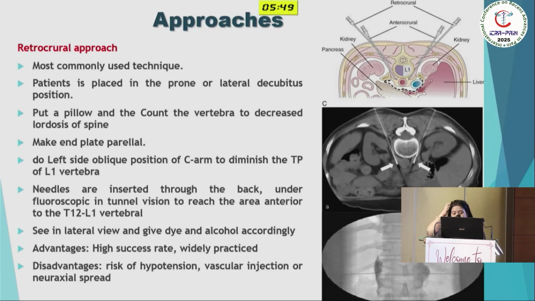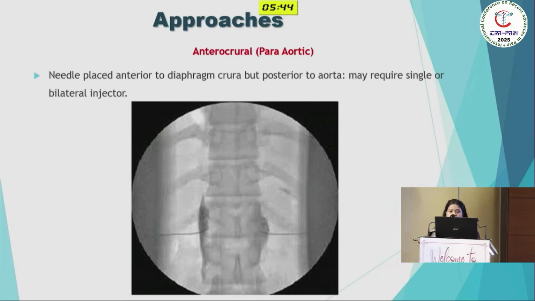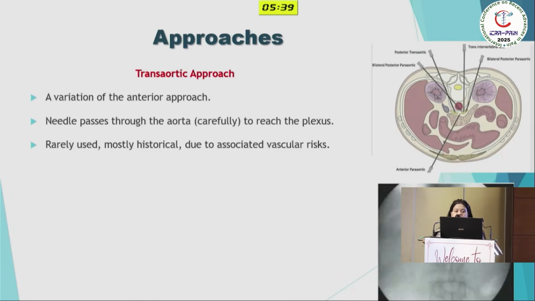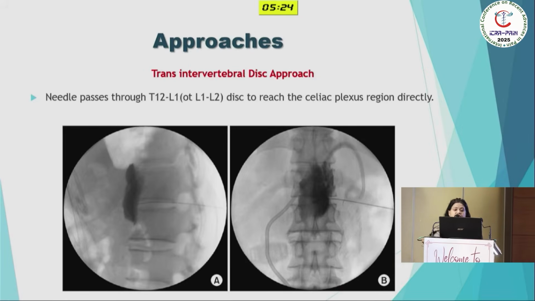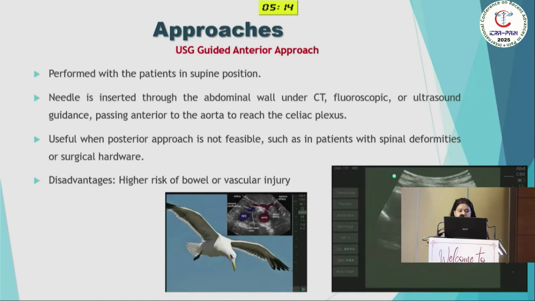But some studies also say that the transaortic technique is also very good and has very good efficacy. Transaortic, a variation of the anterior approach, the needle passes through the aorta to reach the plexus. It is rarely used, mostly, because this technique requires high skill of the pain physician. The trans-intervertebral disc approach is also not very common, but I am usually using this transdiscal approach in my